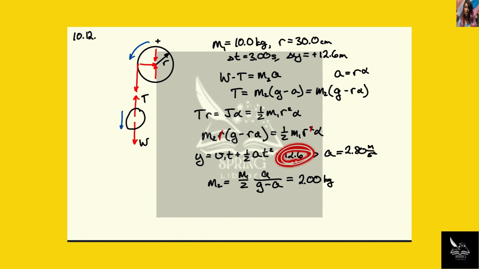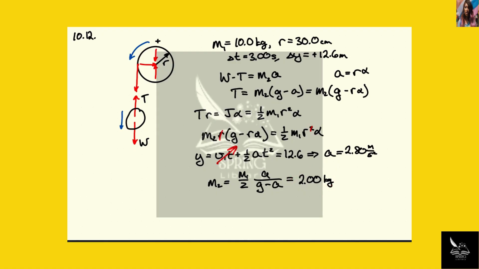Now we're told that it went 12.6 meters in the first 3 seconds, and it started from rest, so the initial velocity is 0. If we solve for a, we know t and we know y, and a winds up being 2.8 meters per second squared, in the plus direction, so that's down. So here we can solve for m2. m2 is m1 over 2 times the quantity a divided by g minus a, and that is about 2